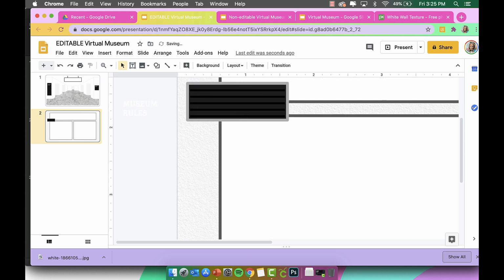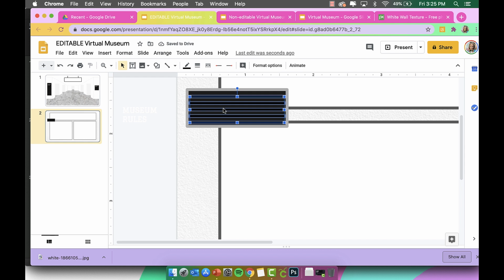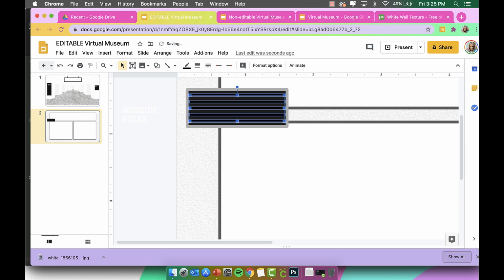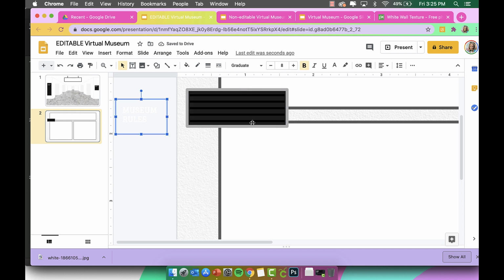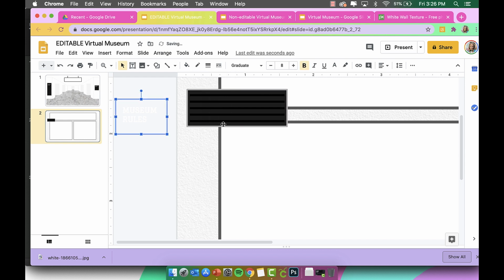All right, now I'm going to press delete so you can see it just deleted those lines. But now I want to bring my line group and I'm holding down Shift as I maneuver it. So there, now it looks a little bit more, and I'm actually going to reduce the border width on this one. All right, now I'm going to drag my text box back over to the front,